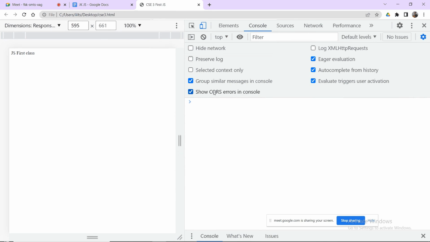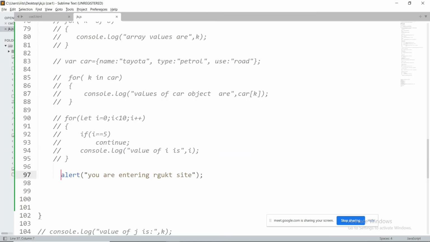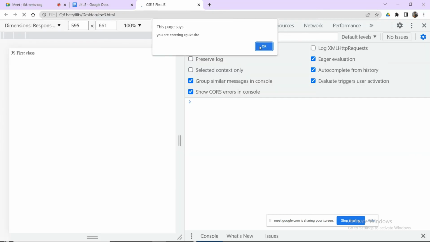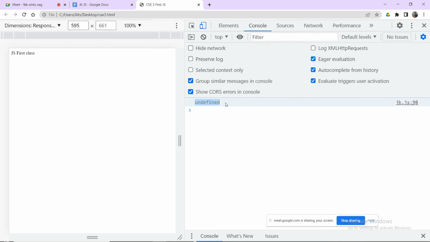For example, let me take a variable j equal to the alert, and console.log of j. Observe, if I refresh and click OK, what do you get here?